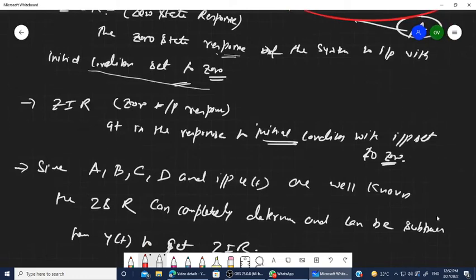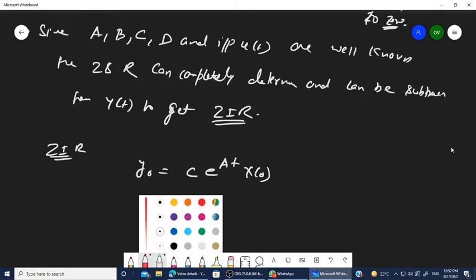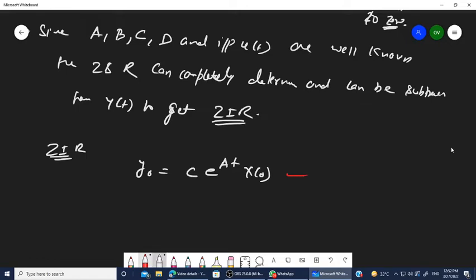So simply here we have written y0 = C e^(At) x0. Hence the state model x dot = Ax and y = Cx is to be considered